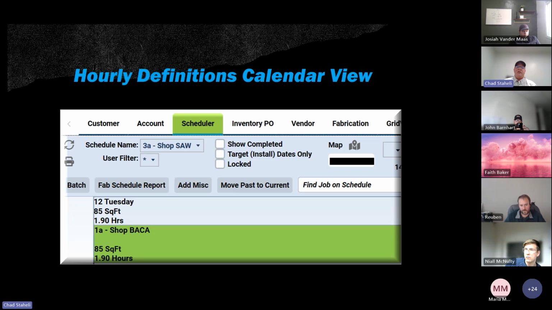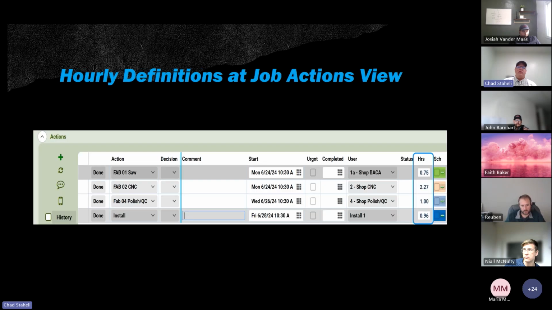All of these types of things become much, much easier as you have these hourly definitions put in there so that you can effectively estimate what that time's going to be. It's such a great tool. It's not just available on the calendar view. It's in the job view, and you see it